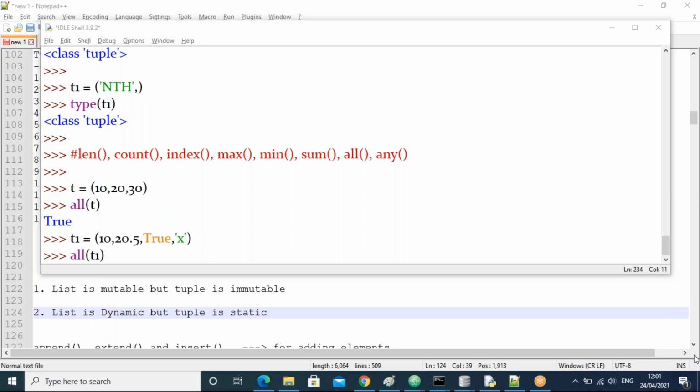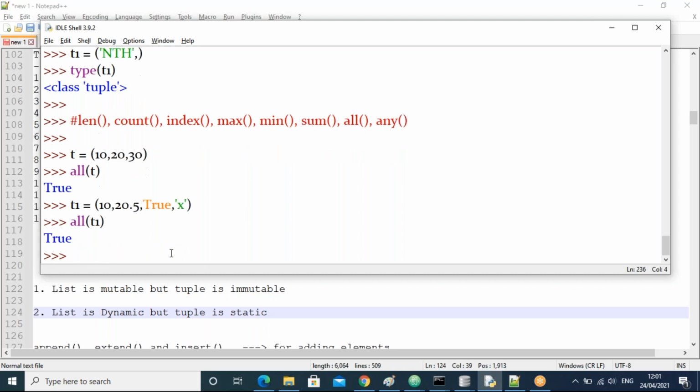Fine. Now I'll explain it. Let us see now. It is also true, guys. Fine, I'll go with another one. All of you observe. See here, all are integer types I used, meaning homogeneous at that time, true. Here I used all different types, heterogeneous, also true. But when is it false?